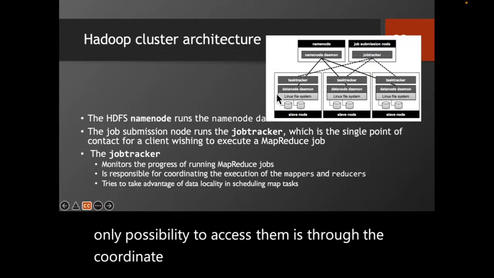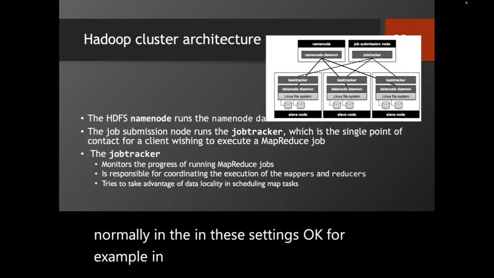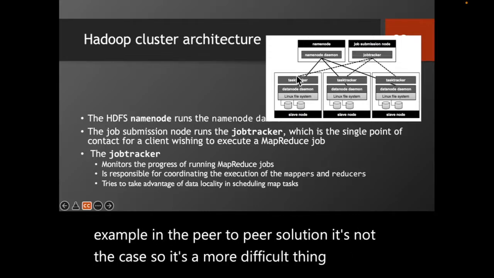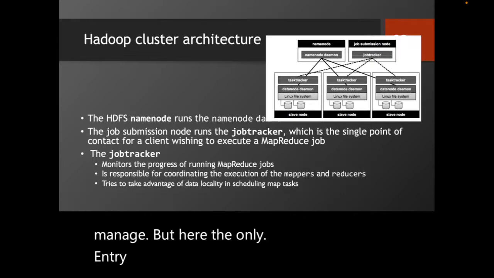There are never direct accesses like this, normally in these settings. For example, in the peer-to-peer solution, it's not the case, so it's more difficult to manage. But here, the only entry point assumed is the coordination